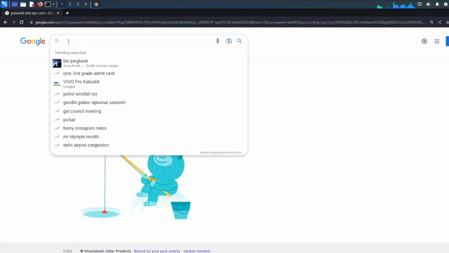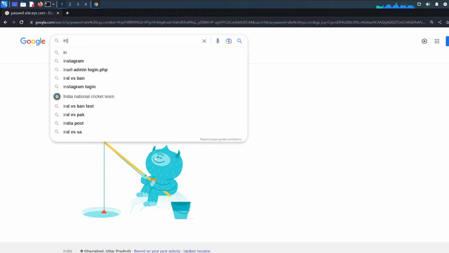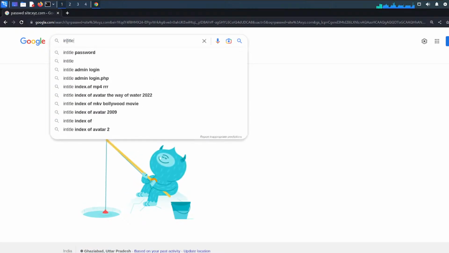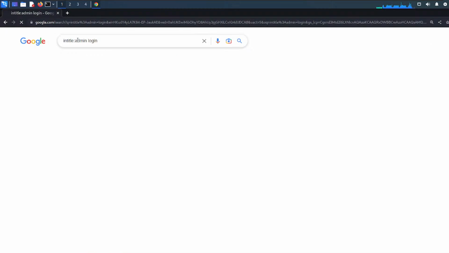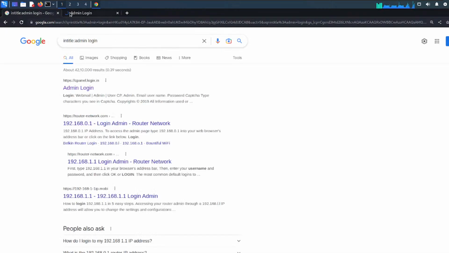Then we have the most important one, the Google hacking database. Before going to the Google hacking database, what people usually do is combine most of the operators together. So let's say in title, as the name suggests, I have written in title. There are lots of related searches, people search password and admin login. If I go with admin login, in title is to admin login, I have lots of pages over here where I'm getting the admin login,